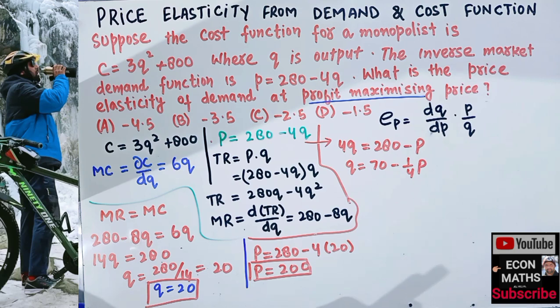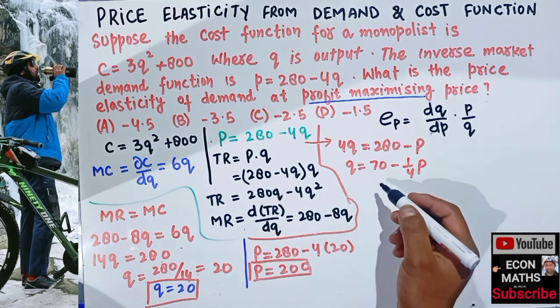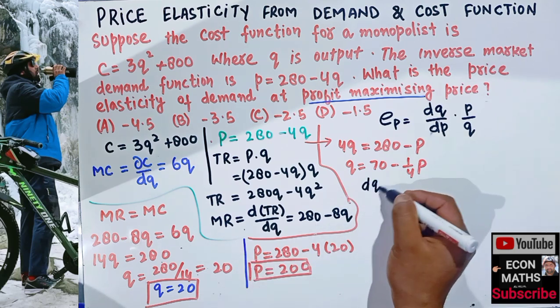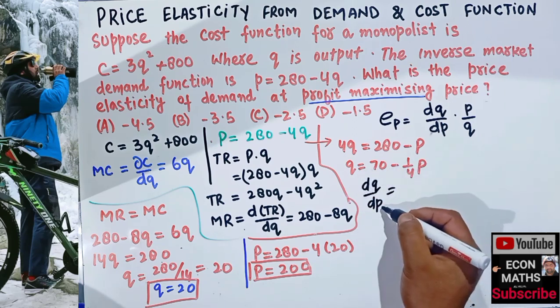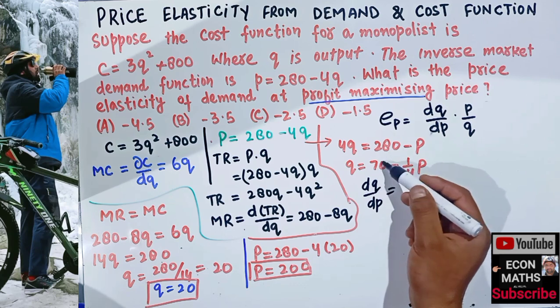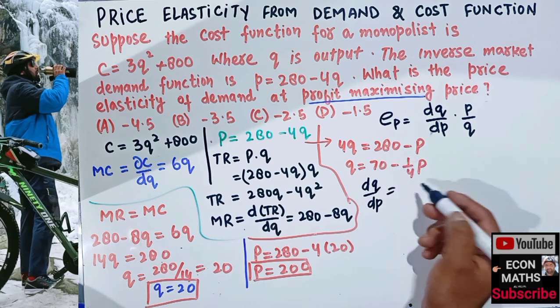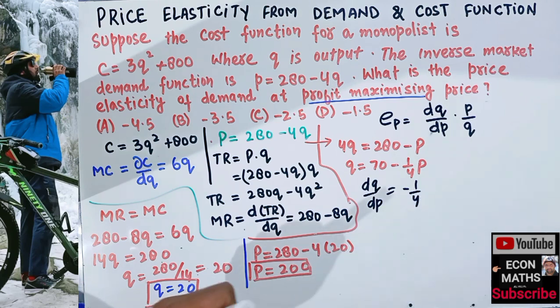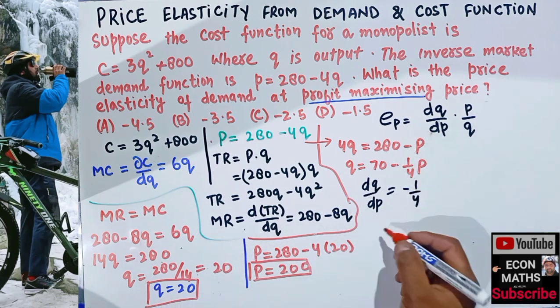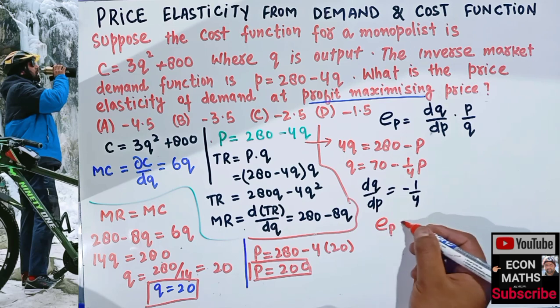Now we can calculate dQ/dP, which is simply the derivative of this function with respect to price. The derivative of a constant is 0, the derivative of P is 1, so we are left with -1/4. Now using the elasticity formula, the price elasticity of demand is equal to